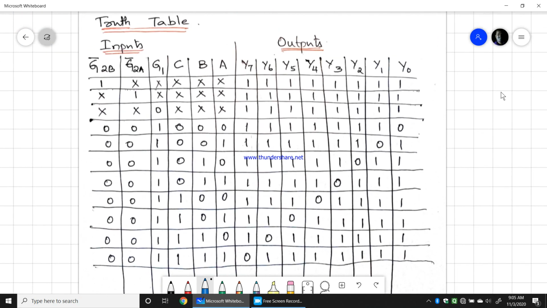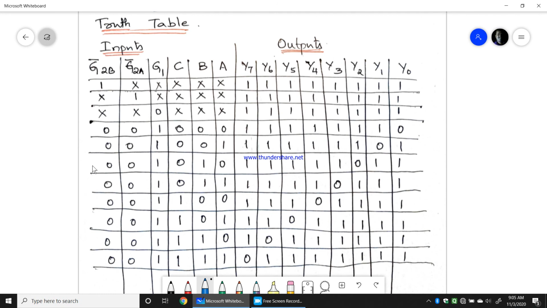Now let us look into the truth table of the same 8 line decoder. A very important point which I will be telling you now is, as these are active low outputs, earlier we used to write 0 for all disabled outputs. Now 1 will say that the output lines are disabled. So in the output lines, 1 says disabled and 0 says it is enabled, in active low.